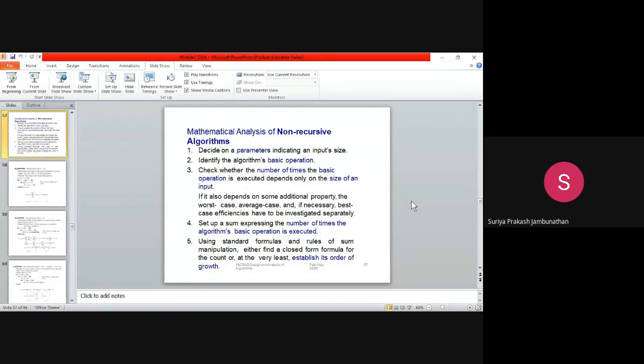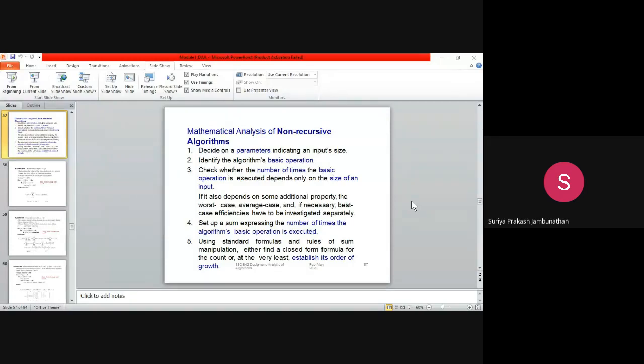If you are taking a C program, stdio.h, conio.h, all these things we write at the start of the program are called header files. Header files will not execute all the time. And we have a main function, void main, which we write. Void main will not execute all the time. Inside the void main, we write some for loops, and we write the basic operation.